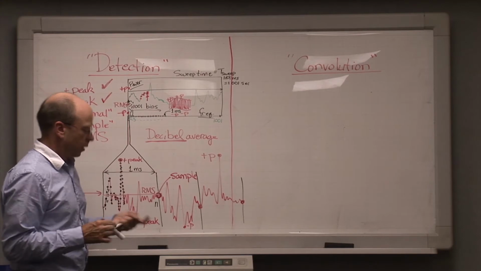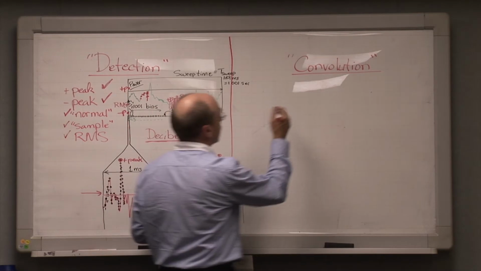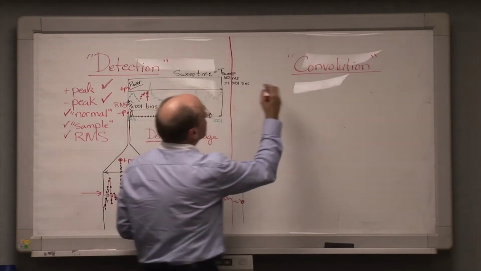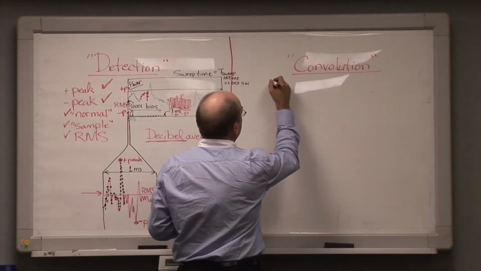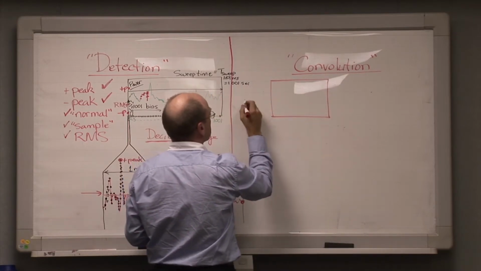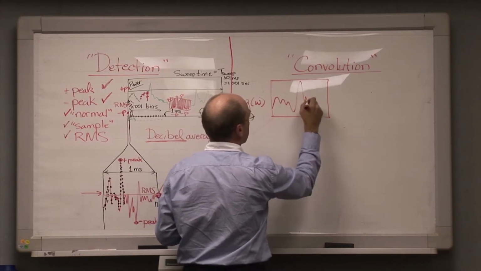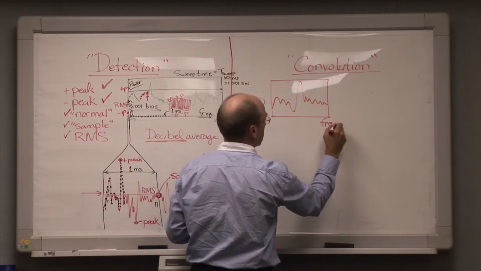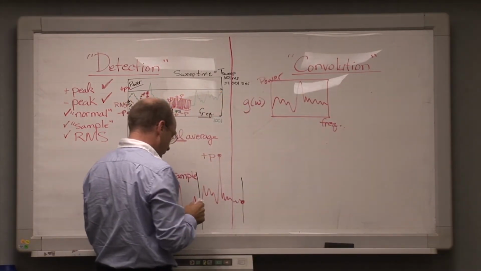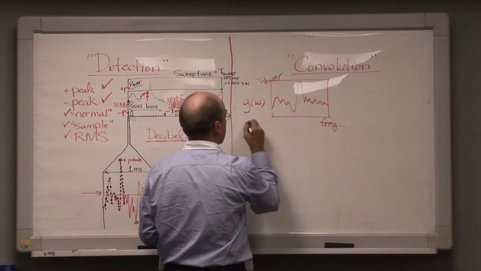Now, last thing that I want to cover in this talk today is convolution. We've already talked about the IF filter stages. And what we have schematically is an input function to the spectrum analyzer, G of omega, that looks like this, we'll say, where this is frequency versus power, like so. And we are going to move an IF filter across this,